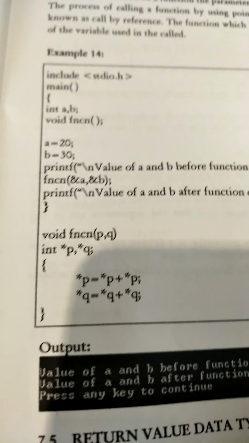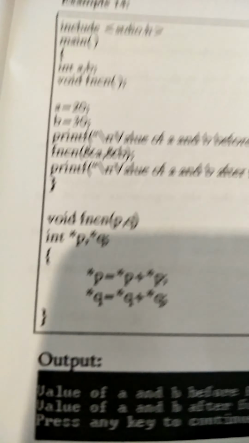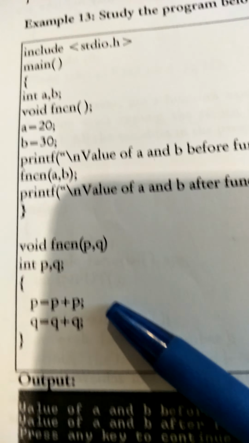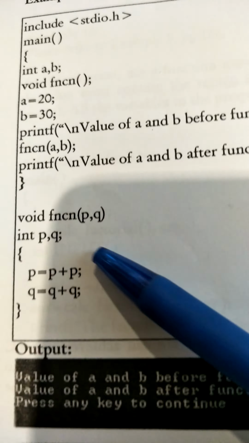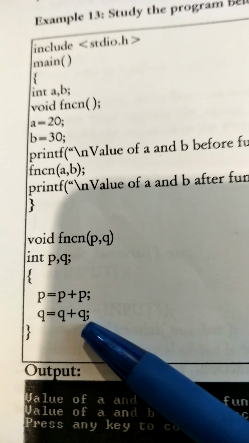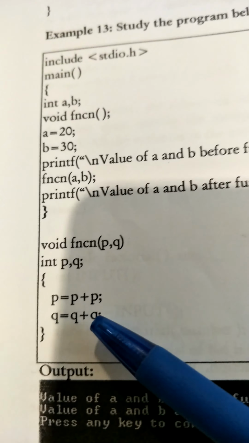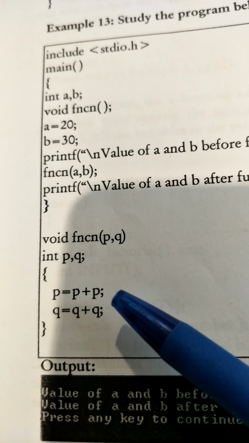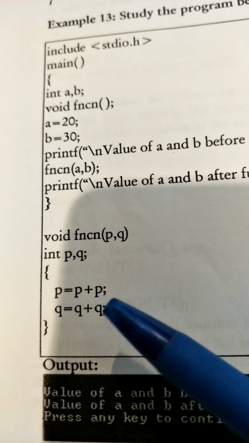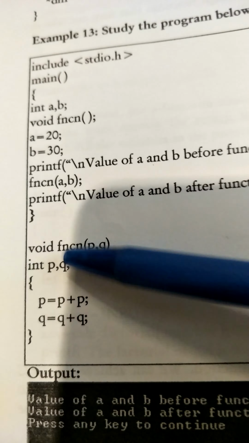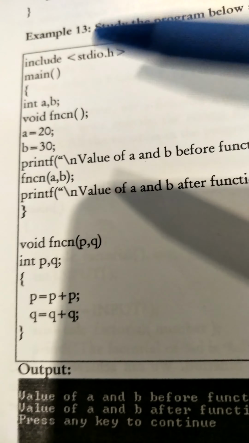Okay, this is an example. Same example as the previous one, but this one you can see the output is just the same. This process does not give any effect to the values of p and a and b. All right. Now to do this,